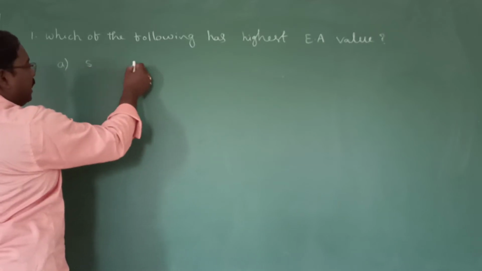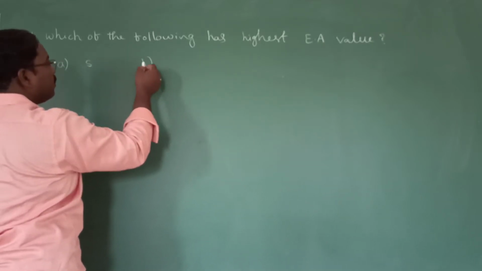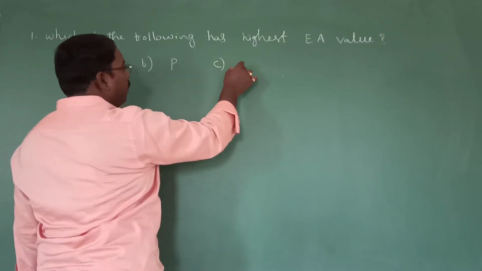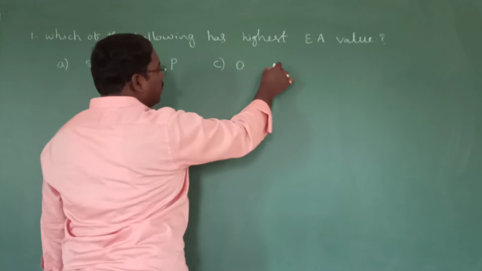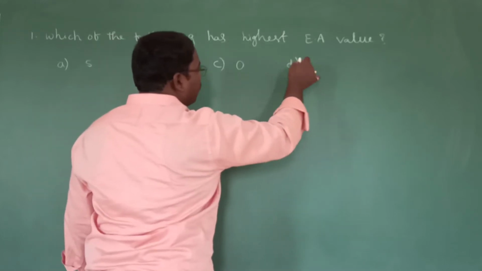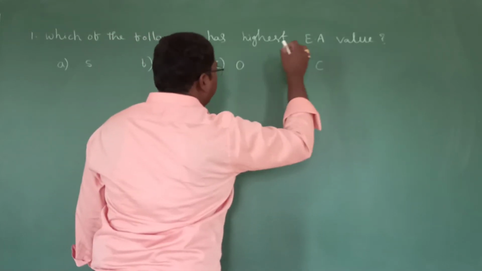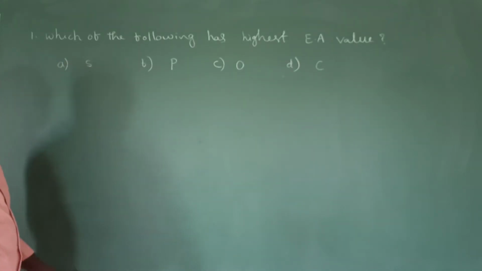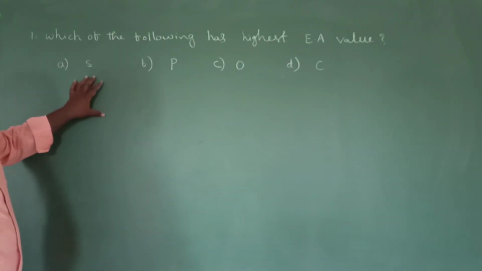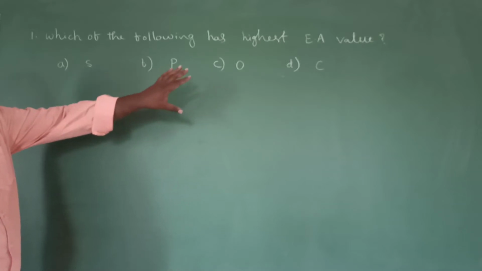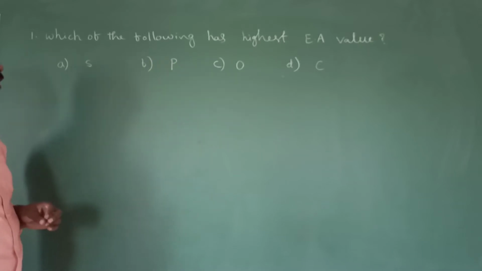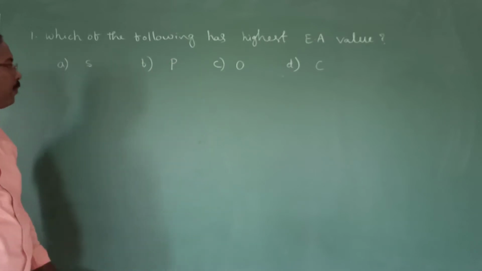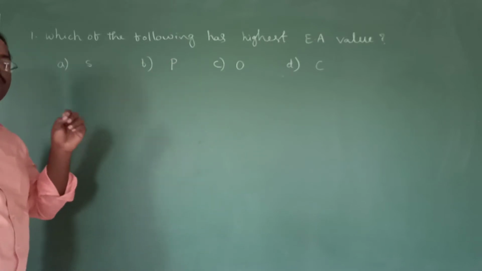The elements are sulfur, phosphorus, oxygen, carbon. Okay? Sulfur, phosphorus, oxygen, carbon. Now, if you observe the four options, how will you come to know which is having